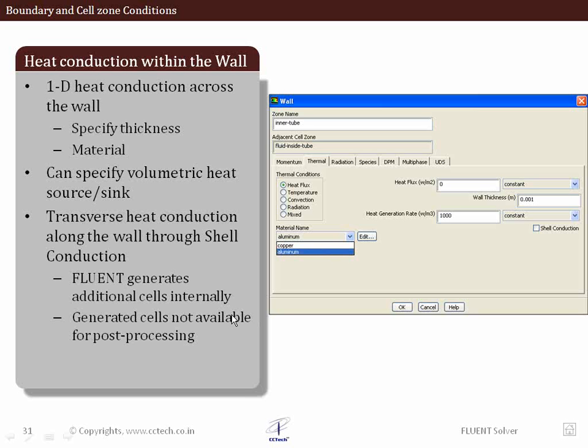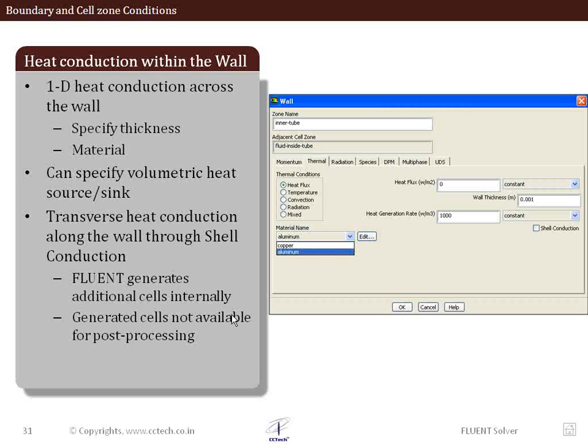Now, Fluent also allows us to use a feature by which we can model heat transfer within the wall without actually meshing the wall. This is especially helpful for very thin walls, because if you have a very thin wall, the overall aspect ratio of the mesh generated inside is very bad, and the cell count increases inside the domain if the same aspect ratios have to be maintained and a smooth transition is to be maintained. So what we usually try is that we don't mesh such walls, but we can use